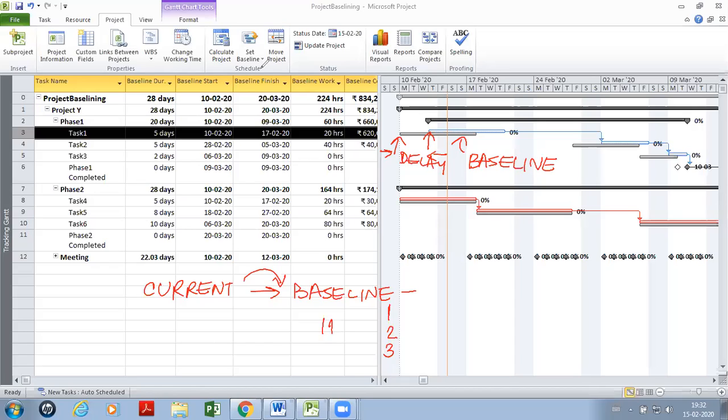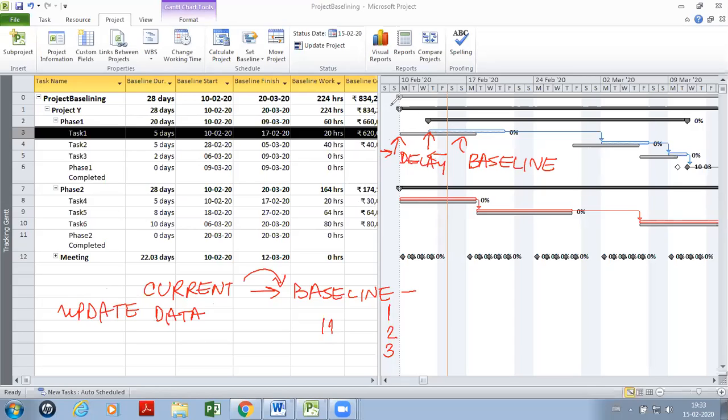So that is where baseline would come into the picture. From now on, you would update the project data as the project unfolds, and the data will be compared against the baseline as you update it, and the baseline itself won't change unless you re-baseline, which is also possible.